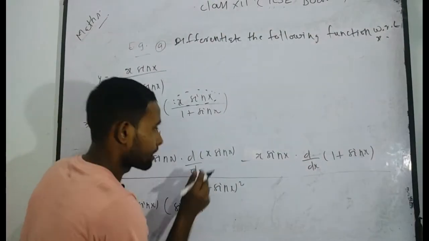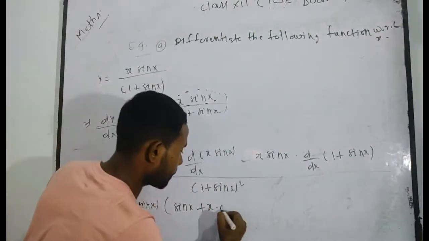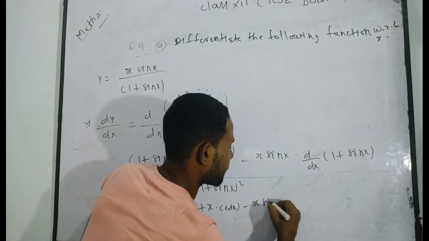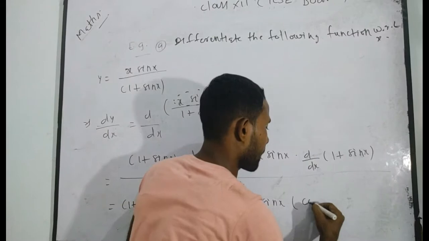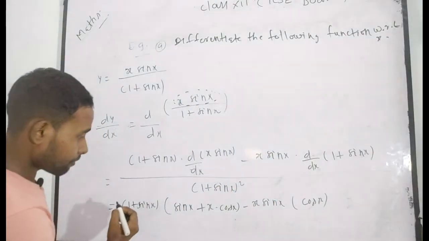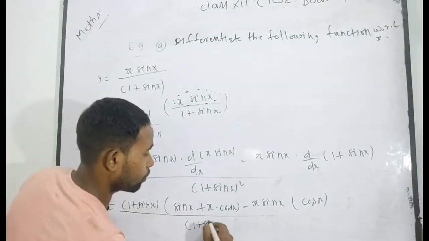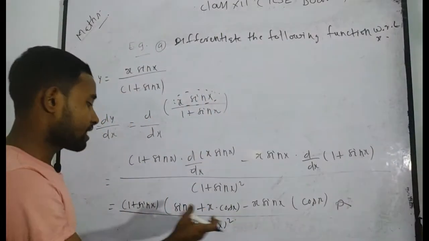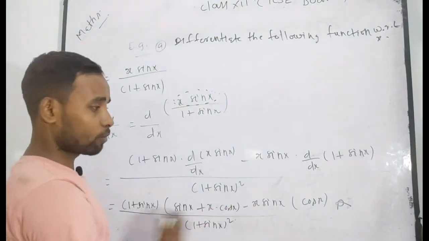Again, plus. Now you have to take x outer side and differentiate sin x with respect to x, which will be cos x. Now I want to write minus, it will be x sin x into derivative of 1 will be 0 and derivative of sin x with respect to x will be cos x. I think you understand properly this portion divided by, in denominator you get (1 plus sin x) whole square. If you wish, write the simplest form, you can multiply in it, and I think this term can be cancelled, but I want to leave it here.